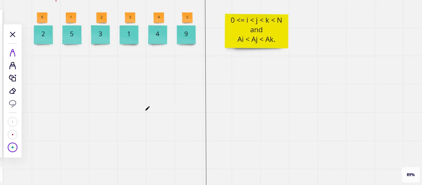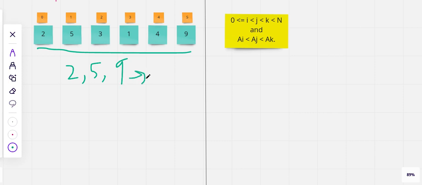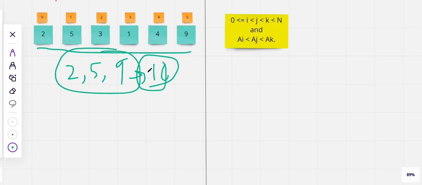Hello guys, so this is the maximum sum triplet problem. The problem statement says that we are given an array and we have to pick three numbers such that their sum is maximum. So we have to output that maximum sum. So the triplet should have maximum sum. And those three numbers that we pick should follow some condition.